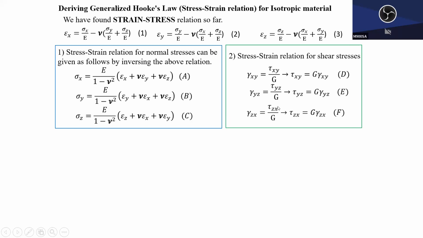Usually we would like to have an equation with stress on one side and strain on the other side. So combining 1, 2, 3, 4, 5, 6, struggle a little bit, then you can find these relationships. So this is the 3D stress-strain relationship. Good. And this is for the homogeneous case. So the parameters are Young's modulus, the stiffness from the stretch test, Poisson's ratio, and shear modulus. Good. All right.